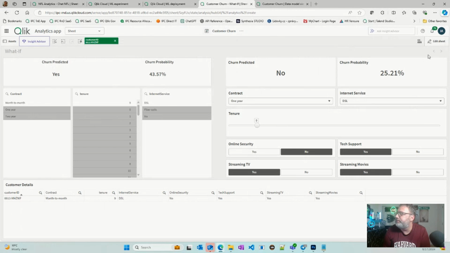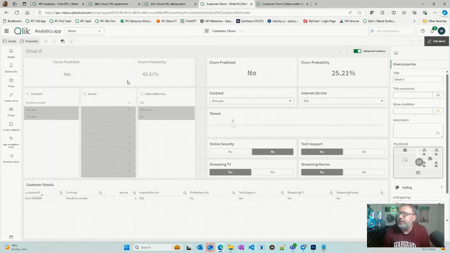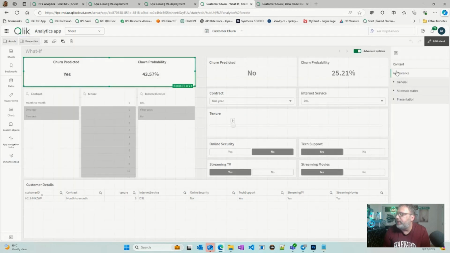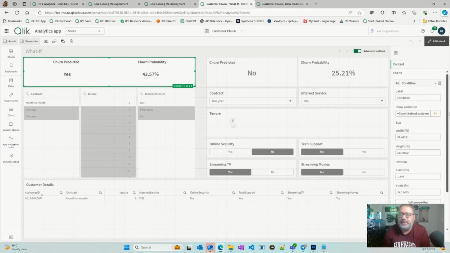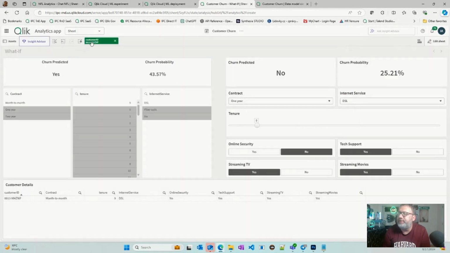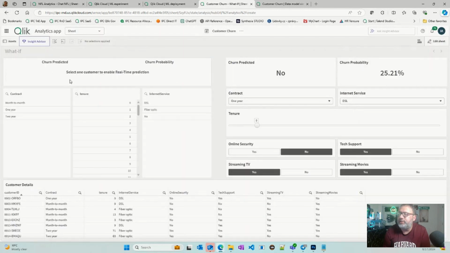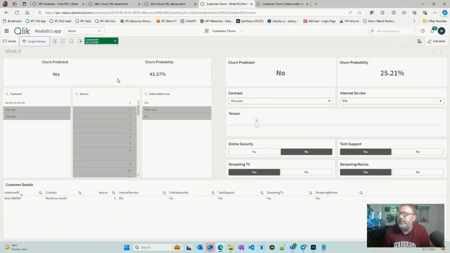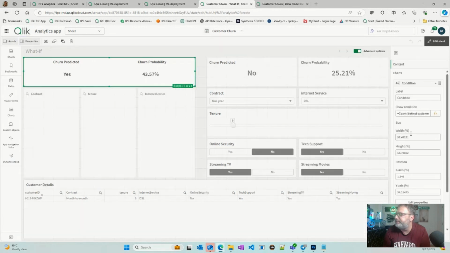Let's take a look. Let me go to edit sheet. This is the layout container, because I think it looked better this way. I placed a big text object, just a white text object on top of it, that will be displayed if I don't have one customer selected. So if I remove this customer selection, then it shows this message. So let's make sure I have that one selected, then we can access this.